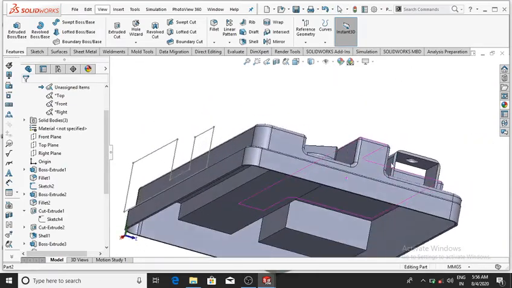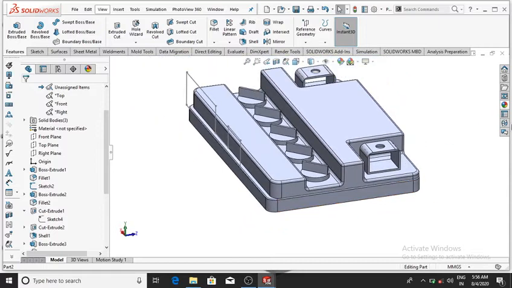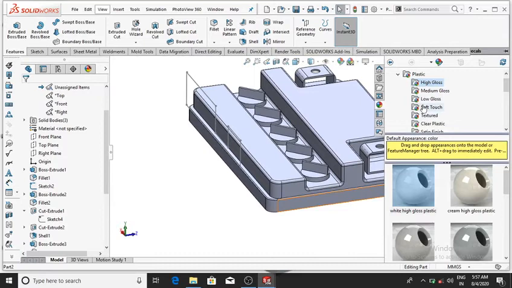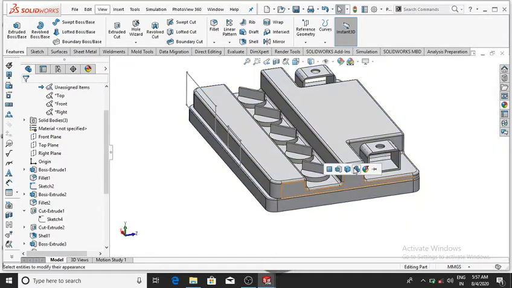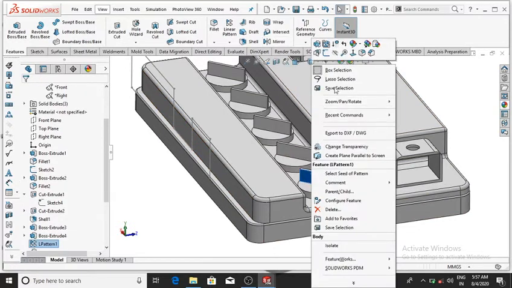Now again we apply the material to this body. So simply go to the appearance and select plastic and select low gloss and select this to this body, and again select this face and make the appearance.